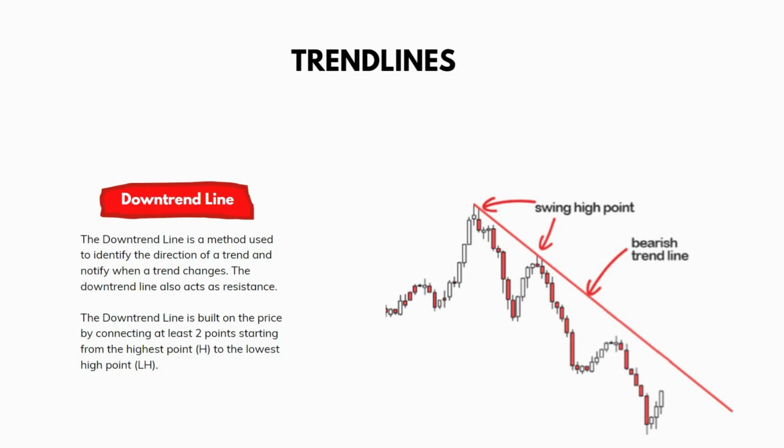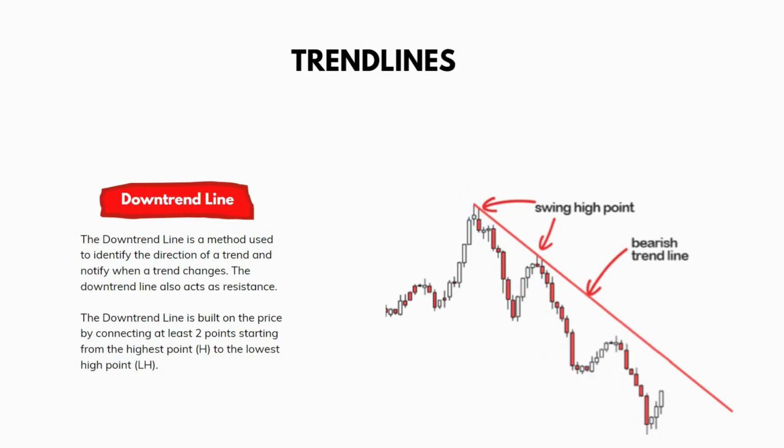Okay, this is a downtrend line. The downtrend line is a method used to identify the direction of a trend and notify when a trend changes. The downtrend line also acts as a resistance. It is built above the price by connecting at least 2 points, starting from the highest point to the lowest high point. So if you see this graph that shows the downtrend right now,